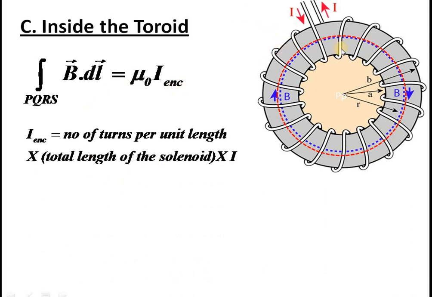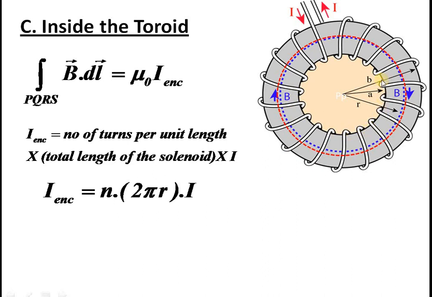There are a number of currents crossing this area, isn't it? There are all up currents, the number of currents coming up. You can take all these cross marks. These need not be taken because these are currents outside the curve, outside the closed path. We need to consider only currents inside the curve. These are all the currents inside the closed path. These are all the currents outside the closed path. So we never bother about the current outside the closed path. We only bother about current inside the closed path as per Ampere's circuital law.